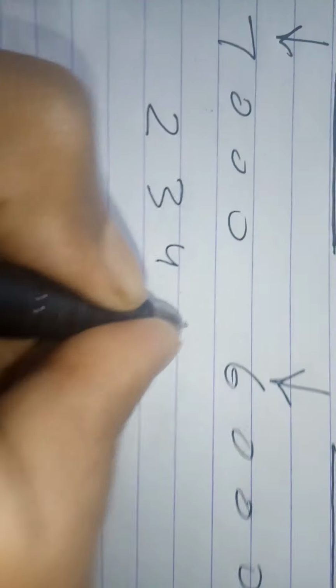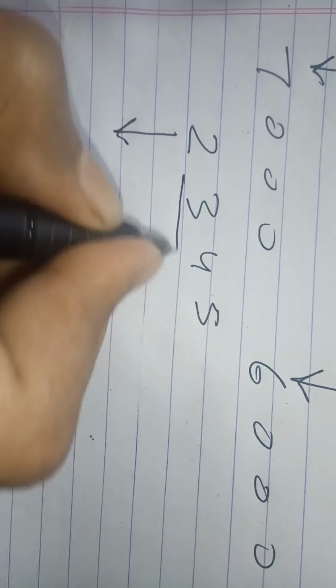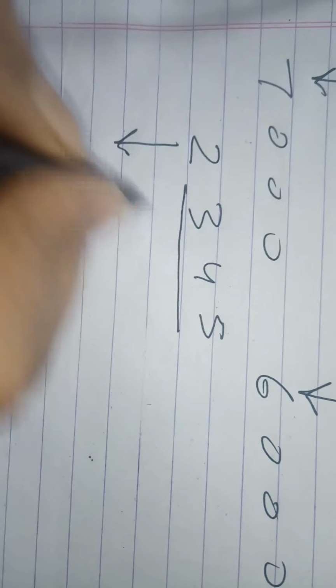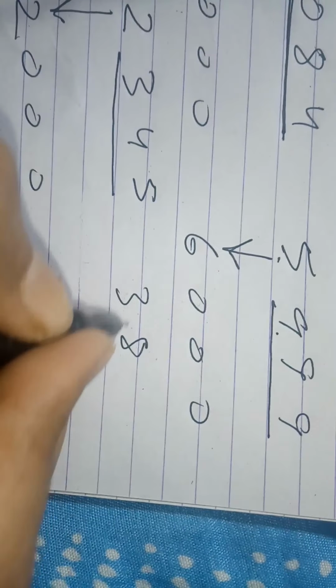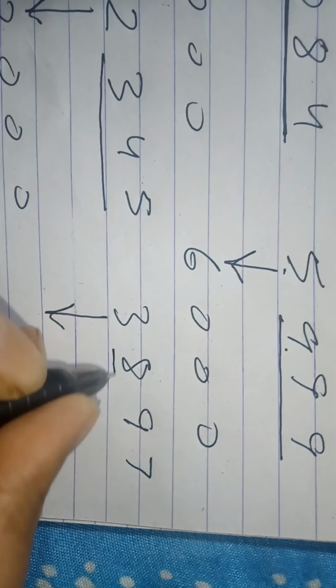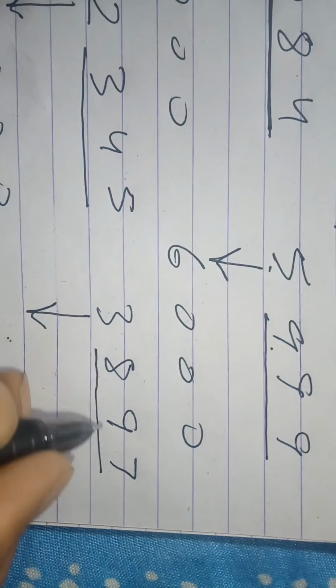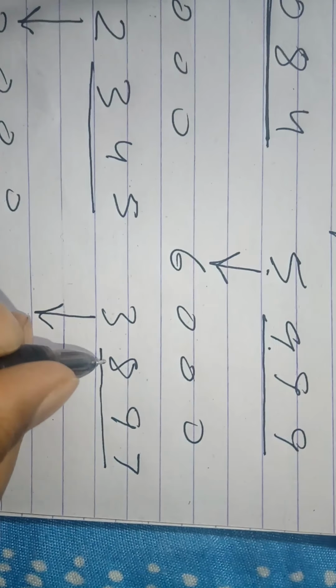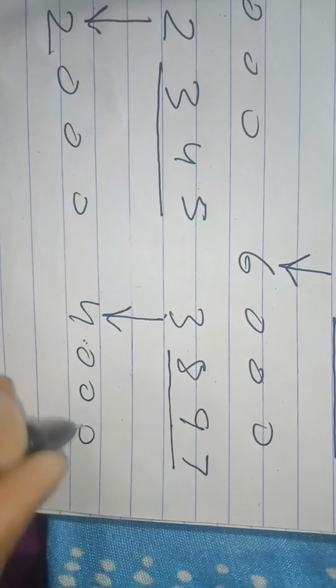2345, we mark an arrow on the 1000 place, and see after this 345. 1 से लेके 499 तक जीरो आपको लेना है. 2000 plus 0 is 2000, so we will write here 2000. 3897, we mark an arrow on the 1000 place, and see after this 897. 500 से लेकर 999 तक 1000 होता है, according to the rule. 3000 plus 1000 is 4000, so we will write here 4000, and we will add 0 plus 0, 0 0 0 0 0 0, 2 plus 4 is 6.